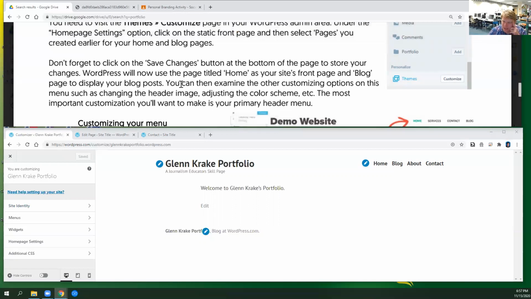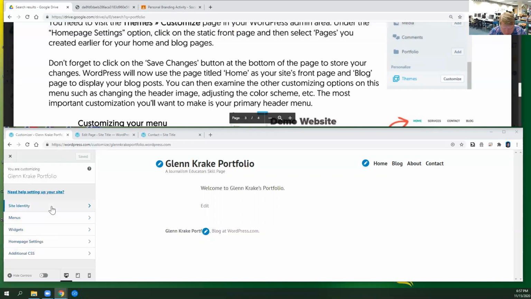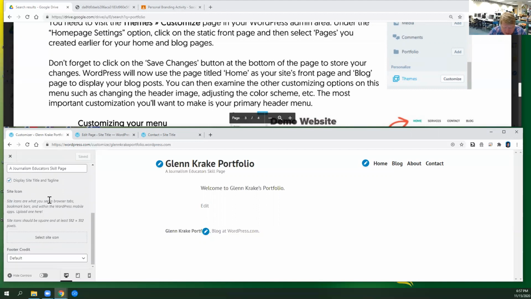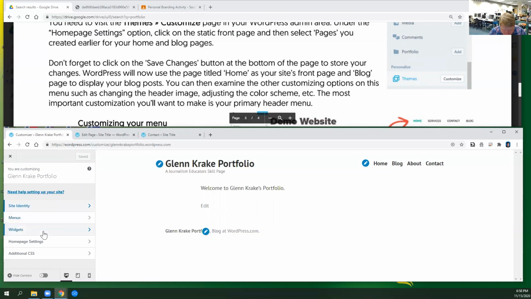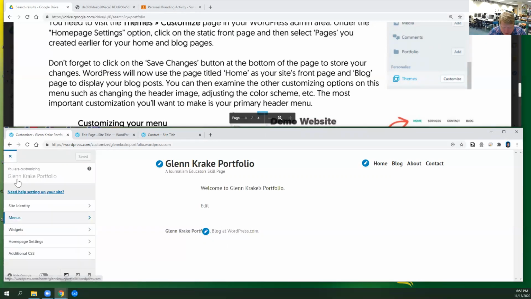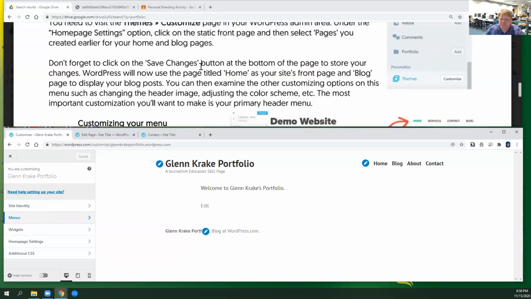You can then examine other customizing options on this menu. You can change site identity. If you go into site identity, that's where you change the site title, the site icon, logos. There's a bunch of different things you can do in here under Customize. Widgets. I want to say that you can even customize colors and stuff in here, but you can pop around if you like to do that. The other thing that you're going to need to do is